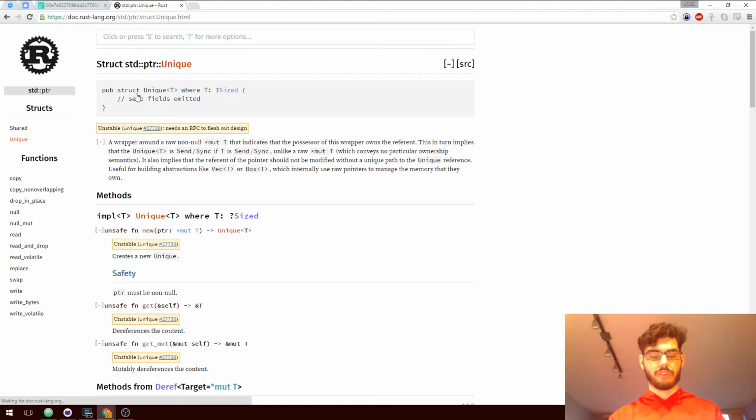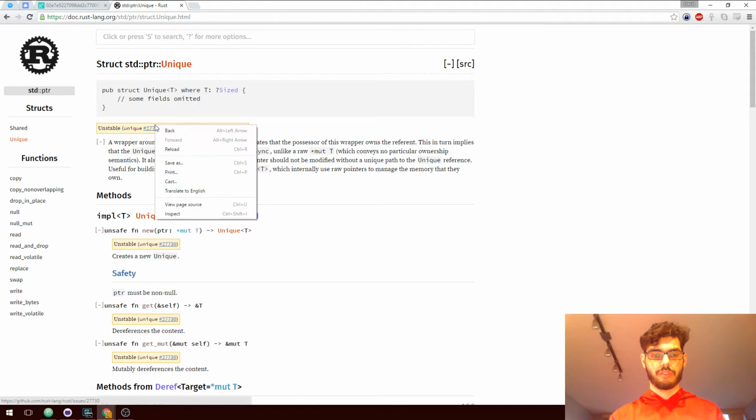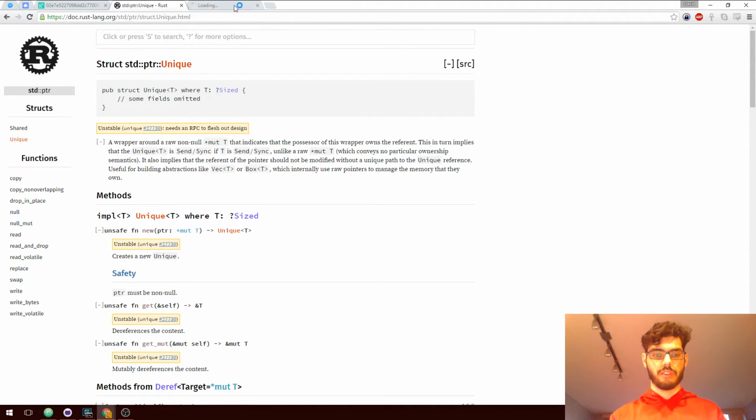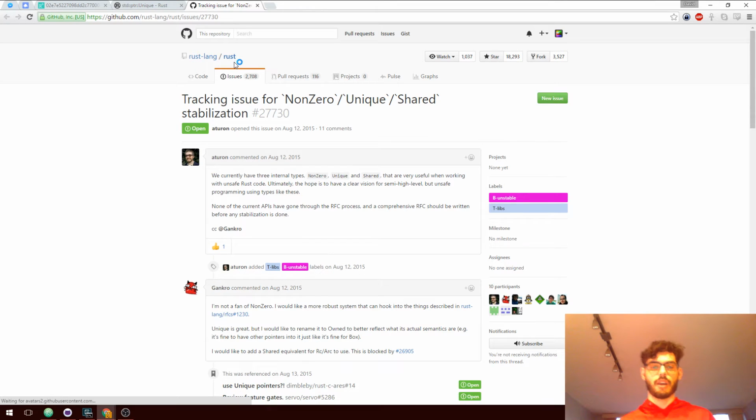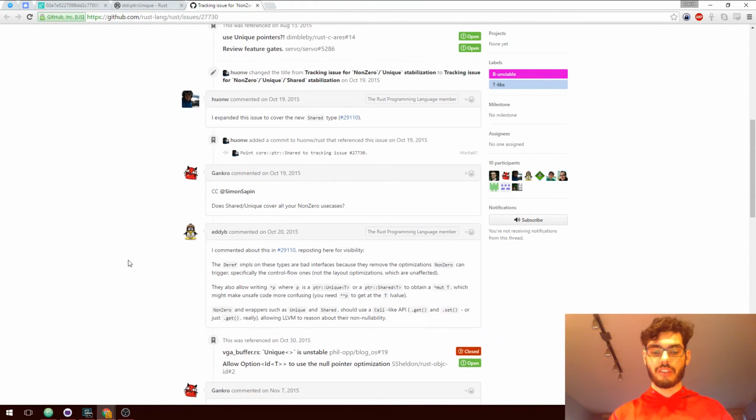I believe the discussion around it is just needs an RFC to flesh out the API, which is fine. All I'm using it for is basically to send raw pointers across threads to basically tell the compiler, hey, this is really just the only pointer to this data that I'm sending across the thread. I want to send a pointer to this data across the thread boundaries rather than sending the actual data.